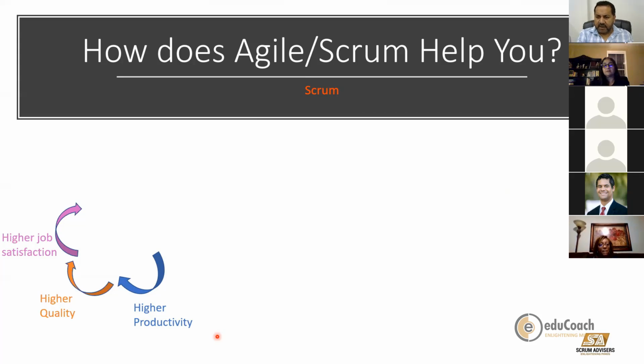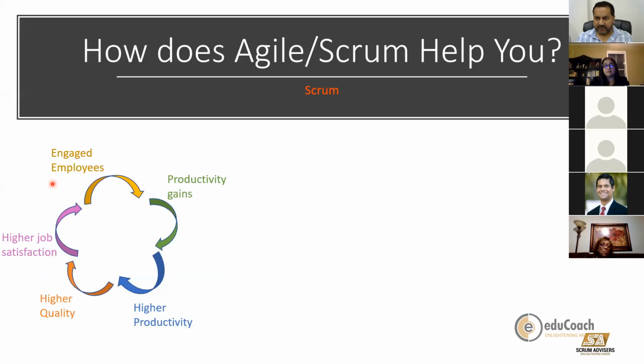Money is one part, but the job satisfaction of being part of something high quality, which is being delivered every 15 to 20 days, is amazing. It's a different feeling altogether. To be able to say, okay, 21 days or 3 weeks, we've done this. Next 21 days, we've done this. The sense of accomplishment and the sense of quality being delivered is so big that higher job satisfaction automatically comes in. This leads to engaged employees with lower turnover,